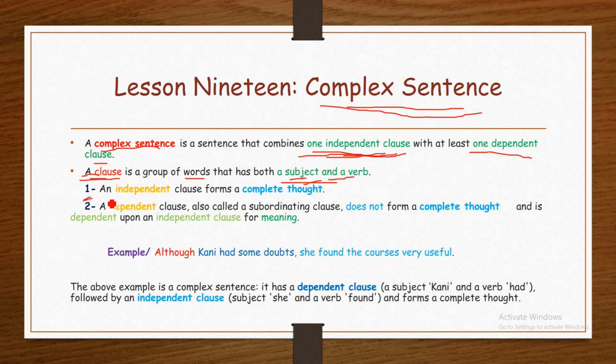Number one, an independent clause. An independent clause forms a complete thought. It is a complete idea. It is a complete sentence. But a dependent clause